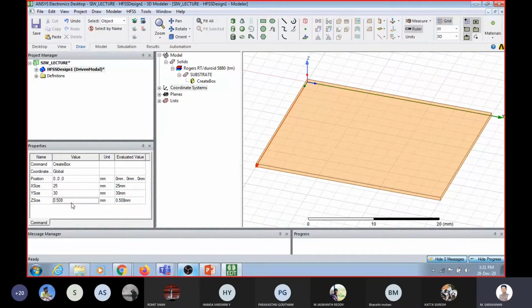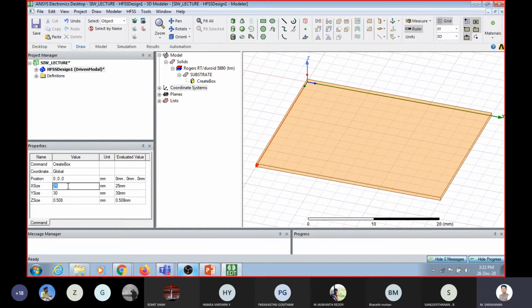0.508 mm, 1.6 mm, 3.2 mm. These are the boards which are readily available in the market. Okay, it is better to choose your thickness dimension. Length and width you can choose according to your need, but thickness is standard, because you can buy a big board and cut it according to your length and width, but thickness cannot be varied. So 0.508, which is very thin, available in the market, that you can check.